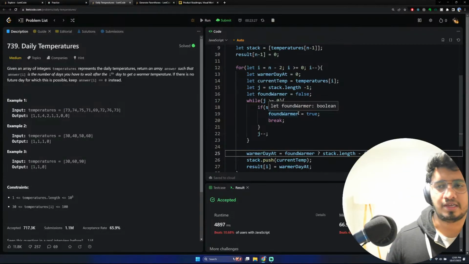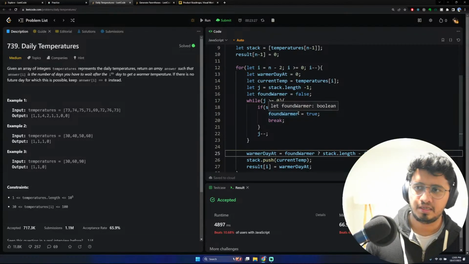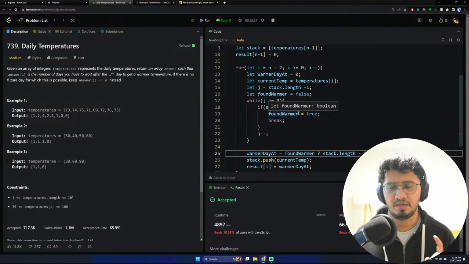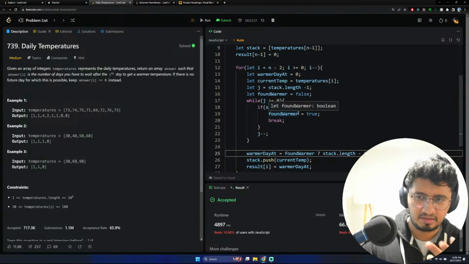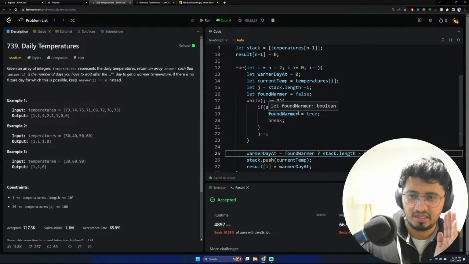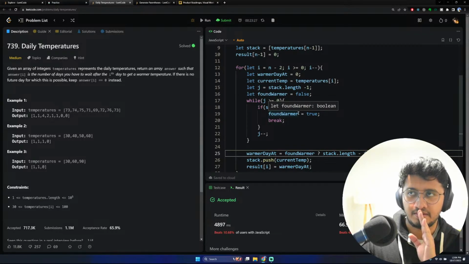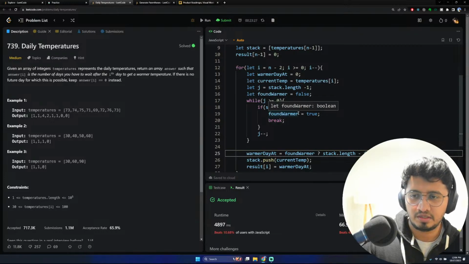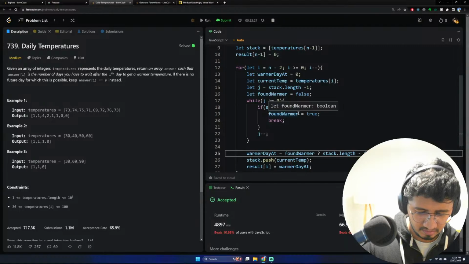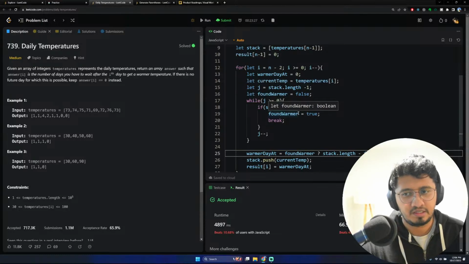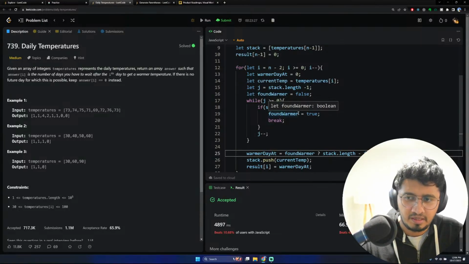So what can we do? Like I did min stack. In min stack, basically we were storing the minimum one, but in max stack, what I can do is, like in this question, 73 is the maximum, and how can I store it? So let's say temperatures are there. I formed it. Then